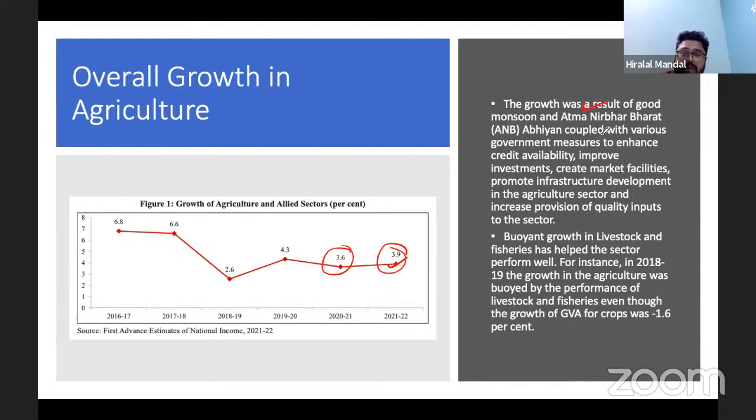This happened largely because of the good monsoon, and we have seen that the reservoir capacity is higher than the previous year. That is a good thing. So we understood that monsoon is critical for India's agriculture. If the monsoon is good, the performance of India's agriculture sector also goes up, and that is what happened. The growth in the agriculture sector is largely attributed to the good monsoon, and at the same time to various schemes announced by the government